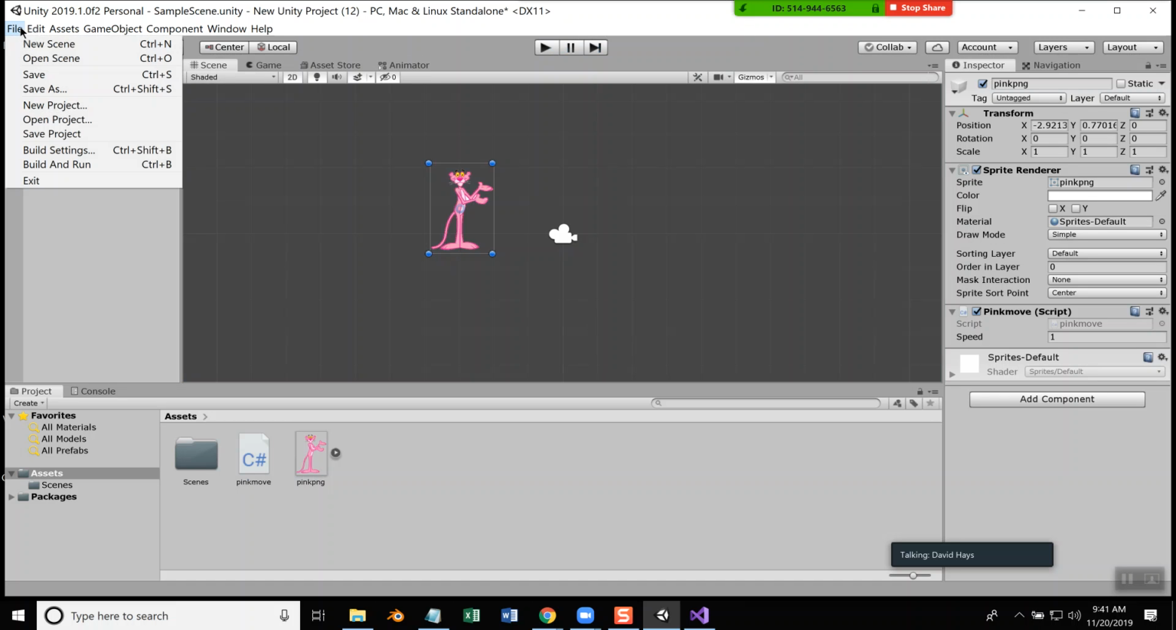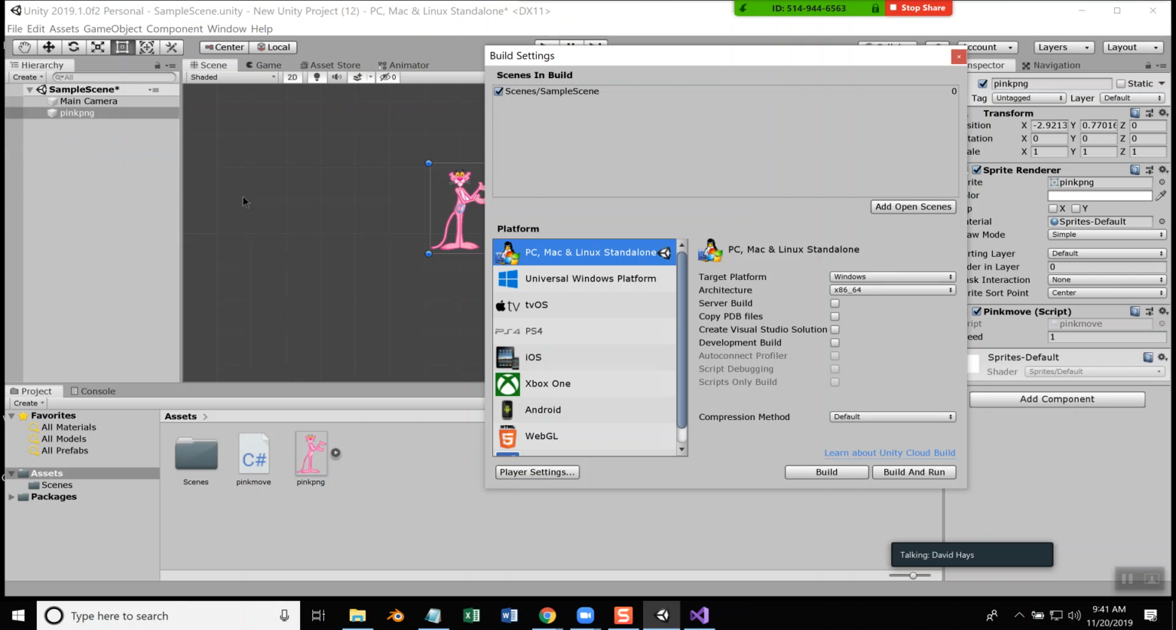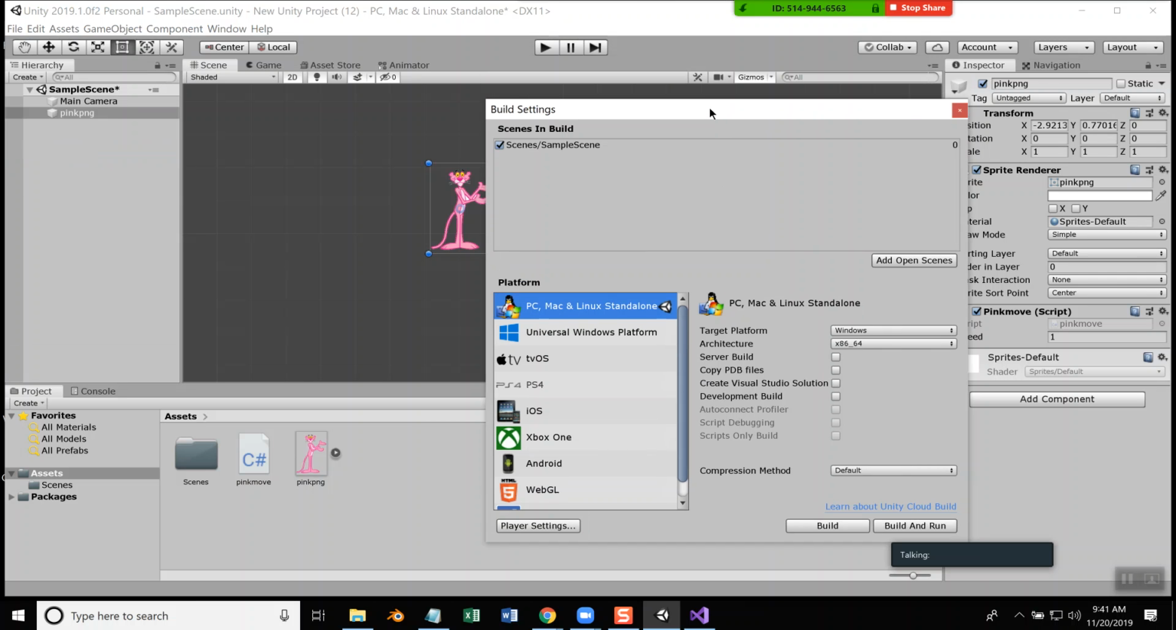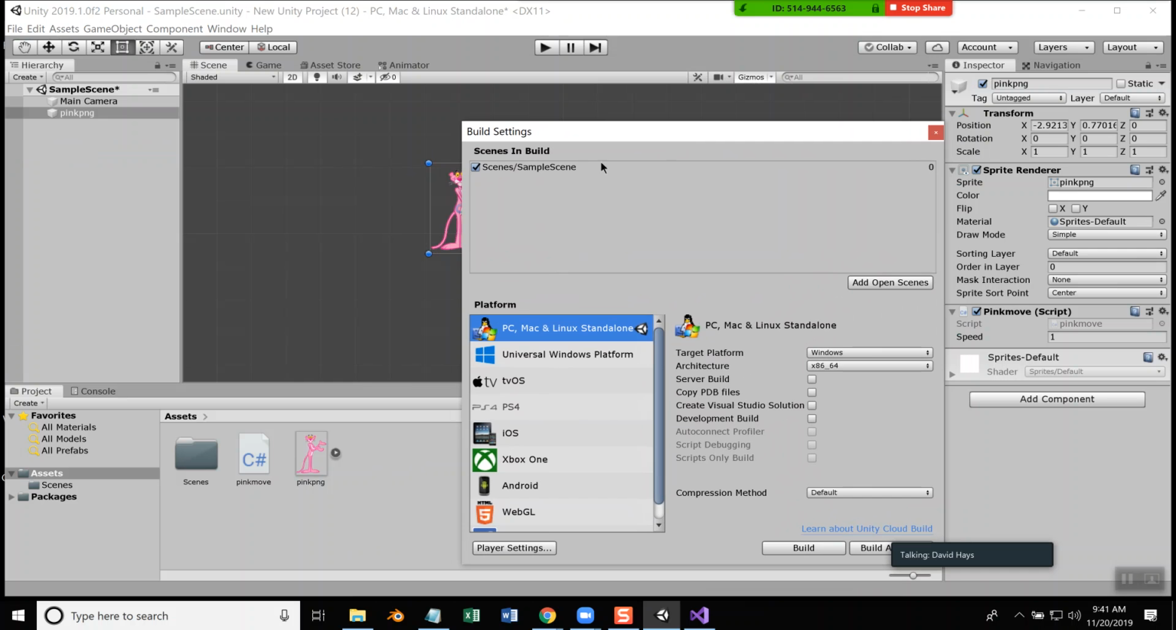Now if I go to the build settings, if I go to File and Build Settings here, by default, you see sample scene is included in my scenes in my build. And if you've got other scenes, you can click them and drag and drop them up here. If you don't do that, when you do your build for your install file, then it won't have those scenes or the code there. Over here, you can choose a platform, and you can see all the different ones you